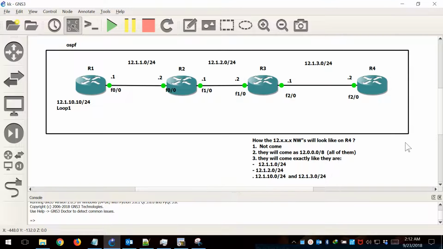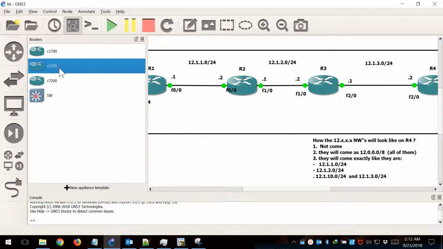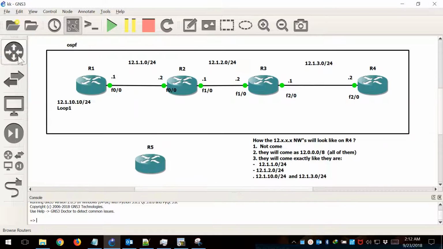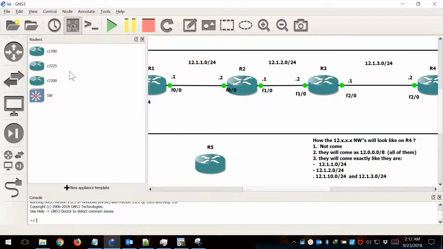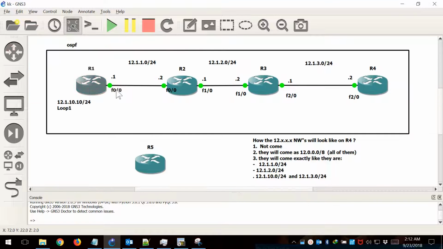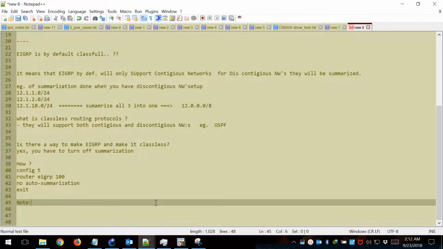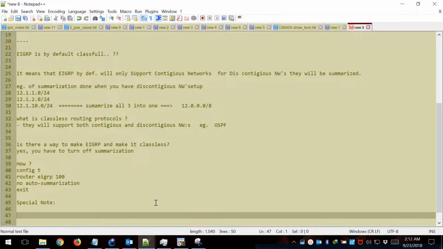Now one tweak, okay, one small thing. In the beginning I told you that we have to use 3725, but why didn't I use 7200? We have 7200 already, it is running perfectly fine, it is smooth. So why did I bother putting up a different IOS image, an older IOS, like an older router? Why? Because guys, there is a tweak, there is a small thing you have to remember. It's not even a note, it is a very special note. Okay, so the note is